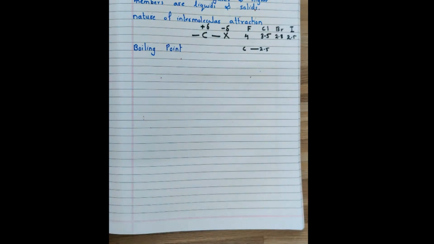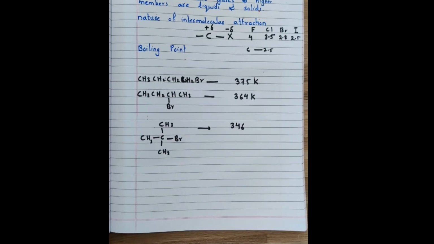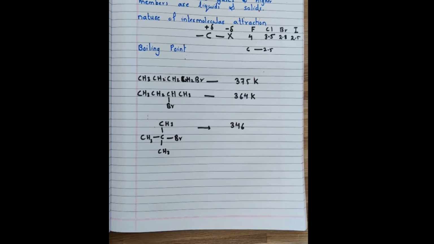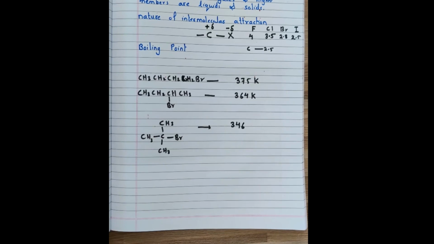Now if we consider alkyl halides having the same molar mass and look into the different isomers of these alkyl halides, you will observe that straight chain alkyl halides will have a higher boiling point. That is, the interaction between the straight chain alkyl halides will be greater than the branched ones. For example, let's take the example of bromobutane. Here you can see that in the first example I have taken the straight chain primary bromobutane.